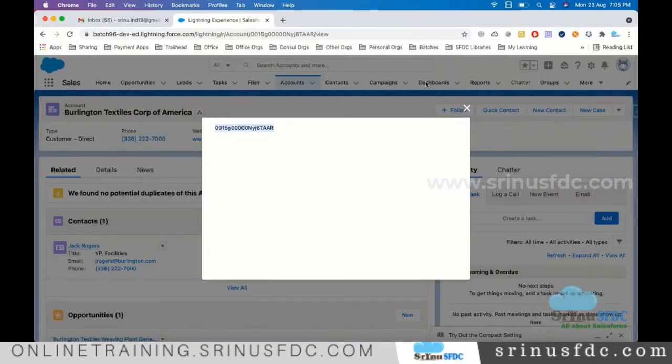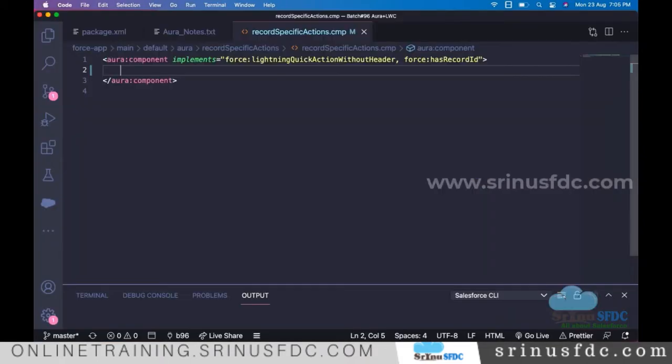Or sometimes we open the account, click on this quick action and try to do the operation, and by the time we click on save, someone deleted the account. So first I'm going to take one attribute to retrieve the account from the database and check whether the account is present or not.